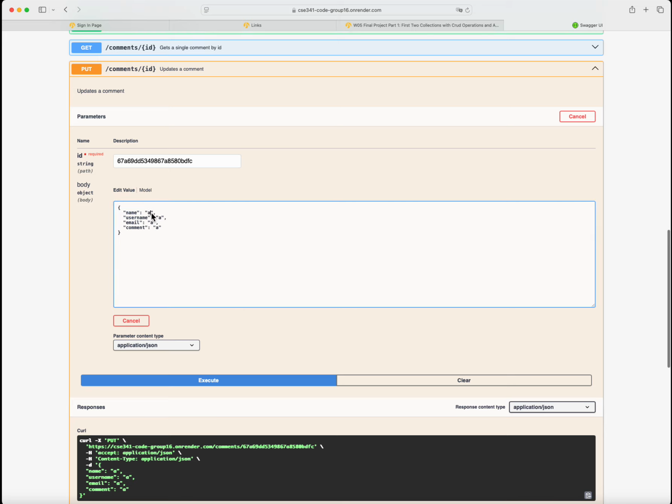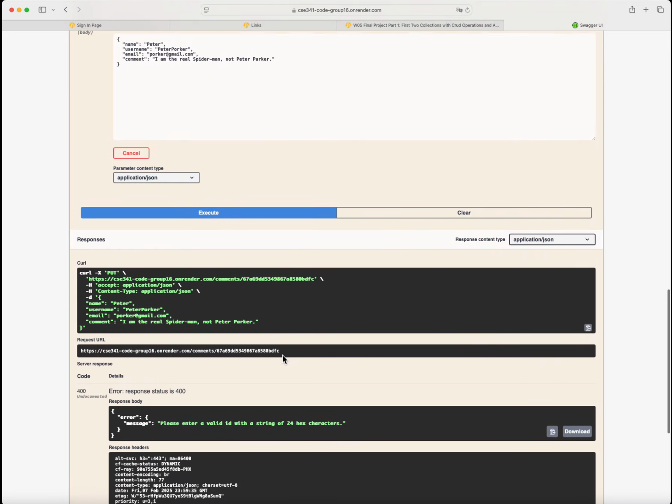So now let's make a correct username, and now we're going to put Peter, and for the username we're going to have Peter Porker. The email is going to be porker@gmail.com, something different so we can see the update, and something like, I am the real Spider-Man, not Peter Parker, something like this. All right, let's execute,